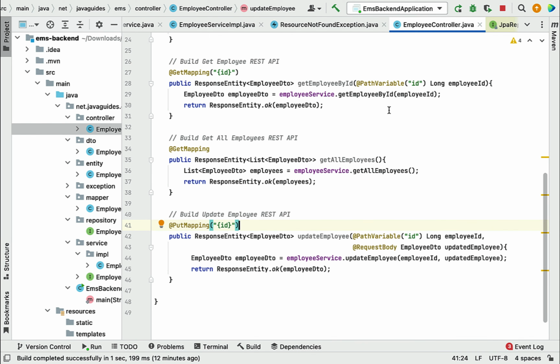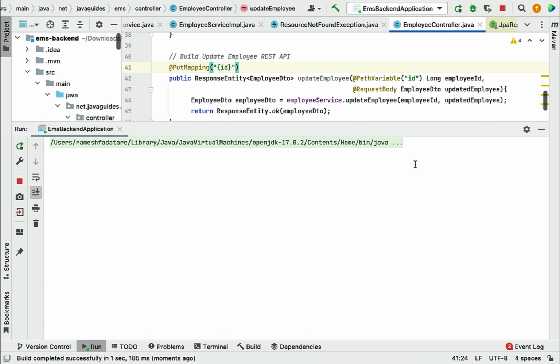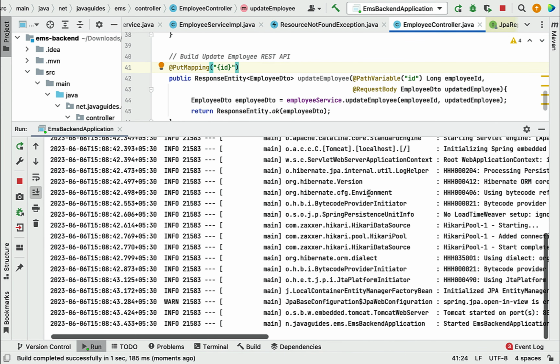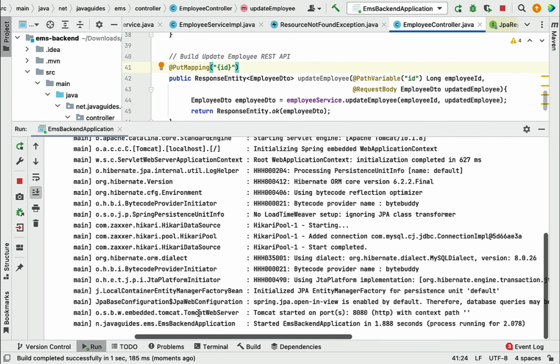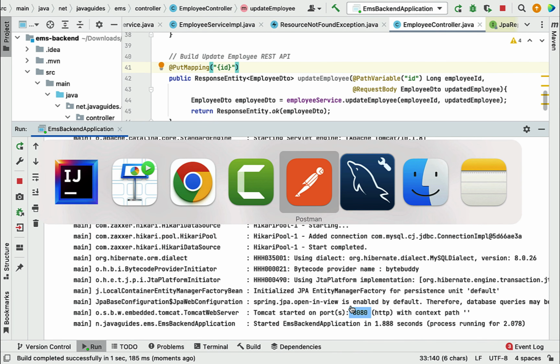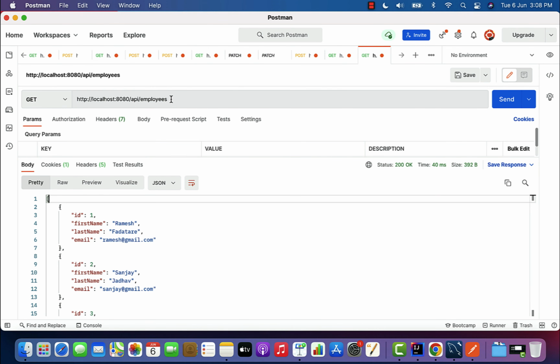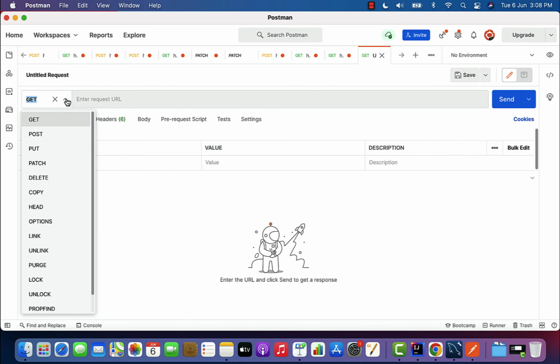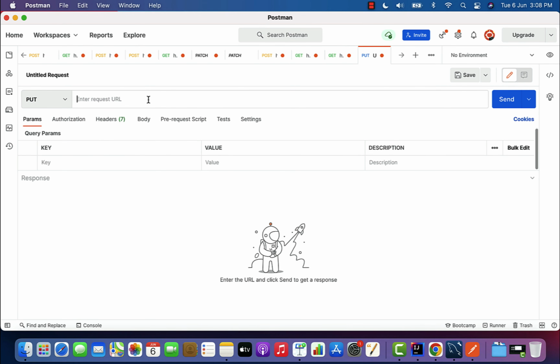Next, let us rerun our Spring Boot application, and let us test this REST API using Postman client. So from here, I am going to stop and rerun the Spring Boot application. Well, notice here our Spring Boot application is up and running in an embedded Tomcat server on port 8080. Next, let us go to Postman client over here, and here let me copy this URL and let me create the new request. And here let us choose HTTP PUT method, and let us enter the request URL